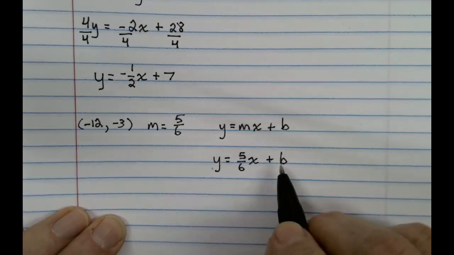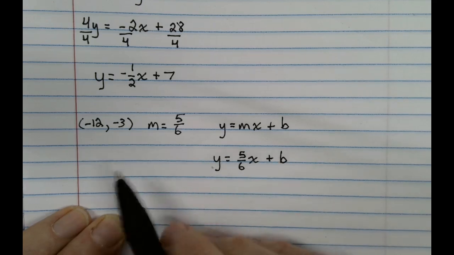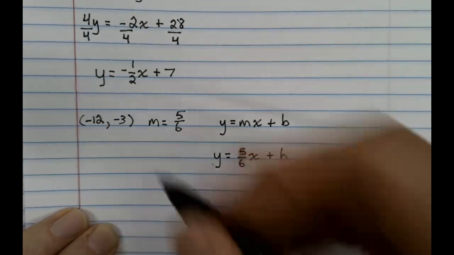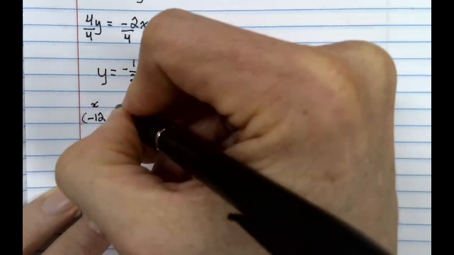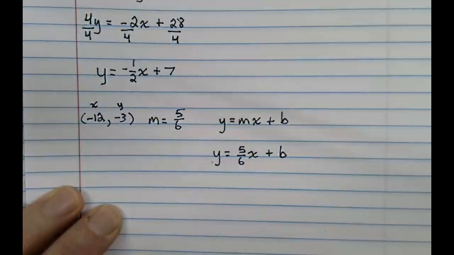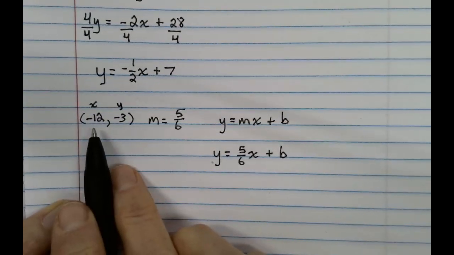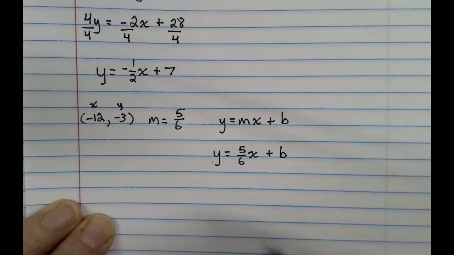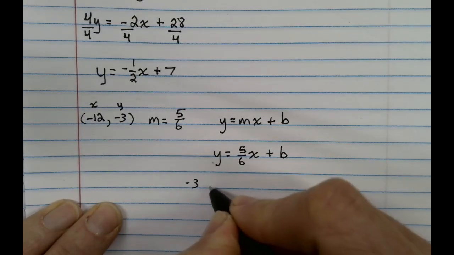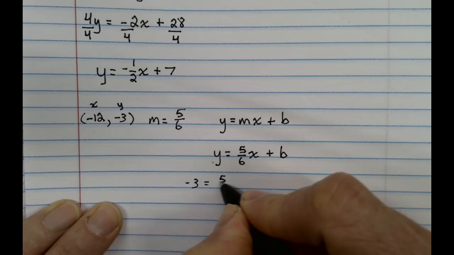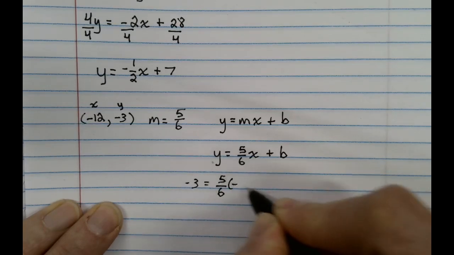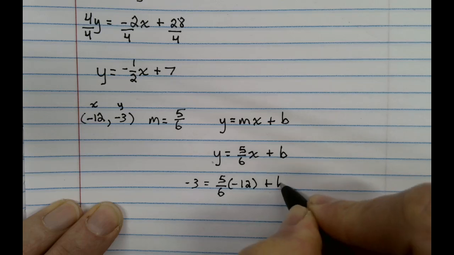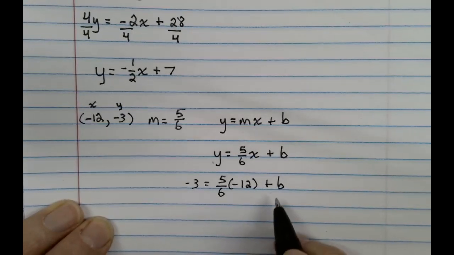Now, how can I find out what b is? Well, here's what I can do. I know the point (-12, -3) is on the line, right? This is an x coordinate. This is a y coordinate, right? So what I can do now is make a substitution. I can plug in negative 3 for y here, and then I can plug in negative 12 for x, and I can use that to solve for b using